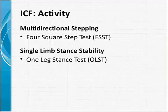So it only requires a stopwatch and canes. However, there is a fairly large cognitive component to this. If the person does not pay attention, they may take multiple attempts to do this or not be able to complete the test. The single limb stance test, or one-leg stand test, also called the unilateral stance test, this is